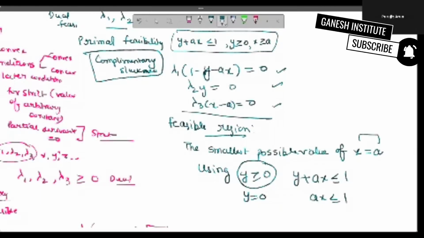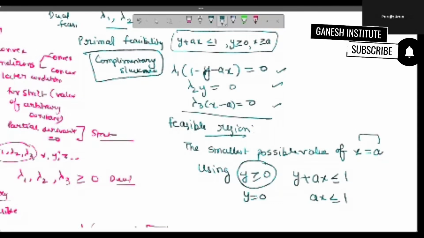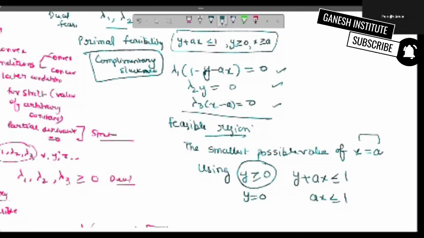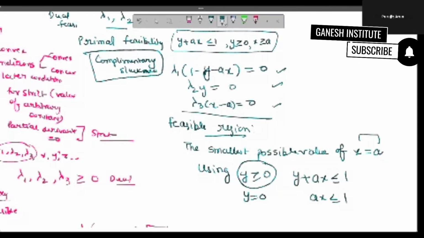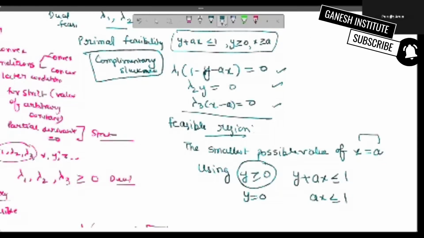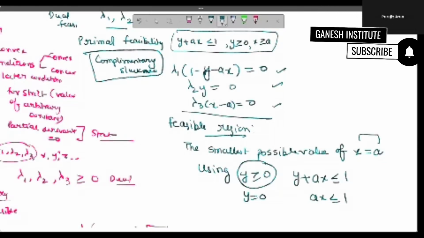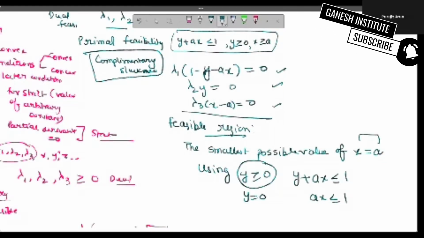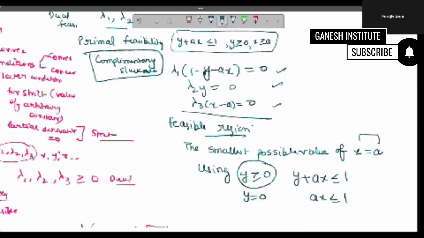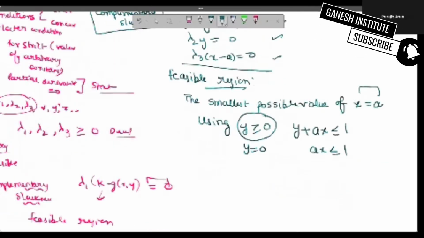Yes, Y is greater than or equal to 0. Just like I found the smallest possible value of X, the smallest possible value of Y is 0. So if I substitute my A,